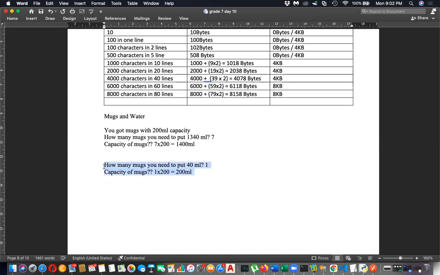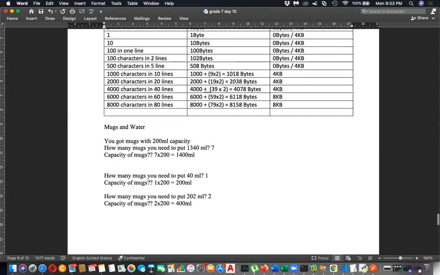So how many mugs do you need to fill, let's say, 202 milliliters? 2 mugs. What is the capacity? 200 milliliters. Yes, this is how computers store files.